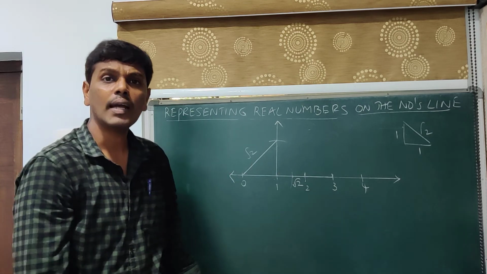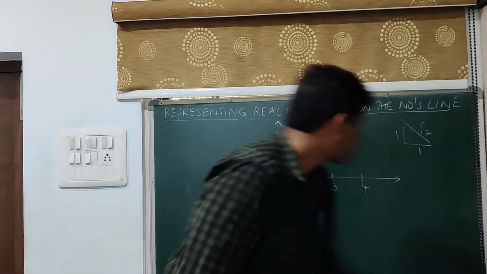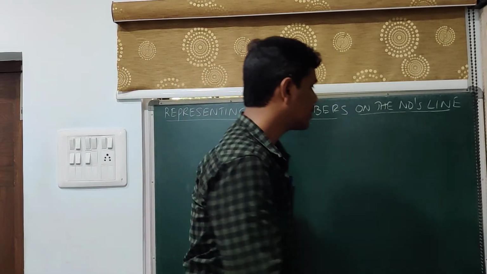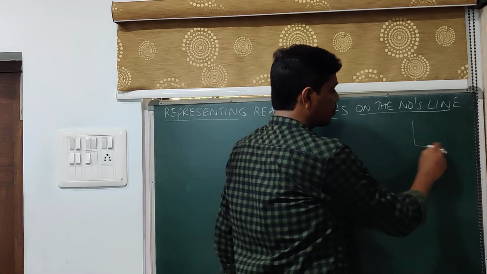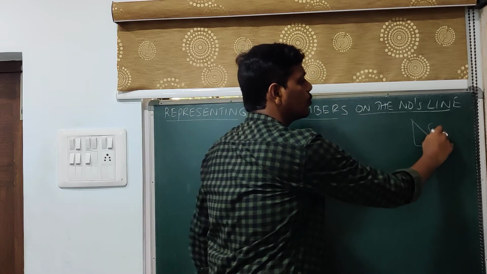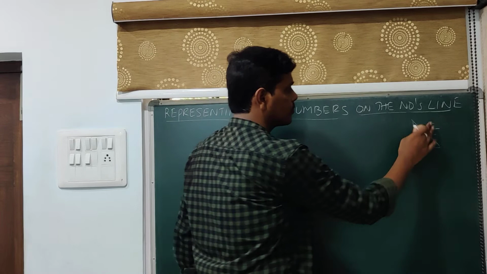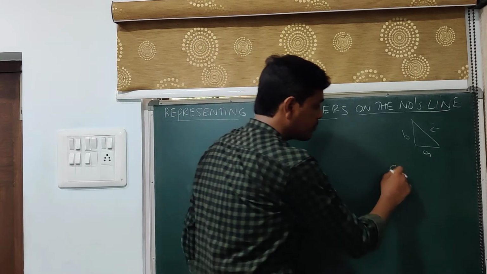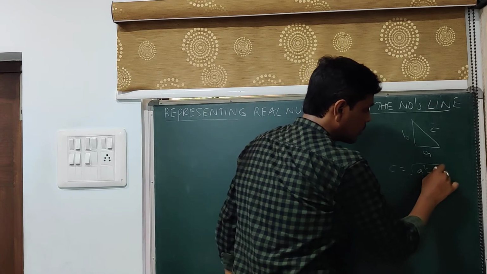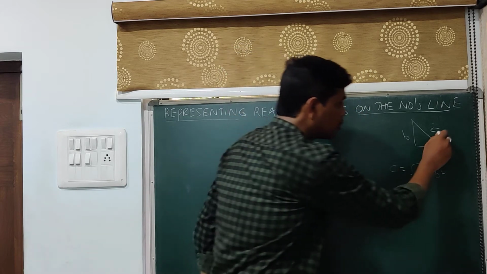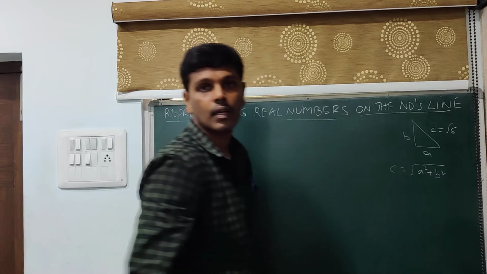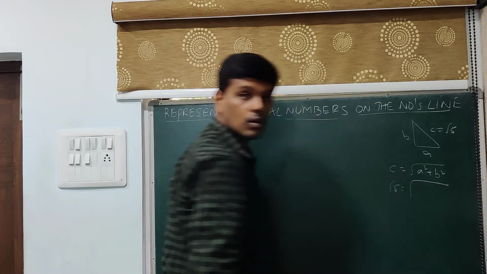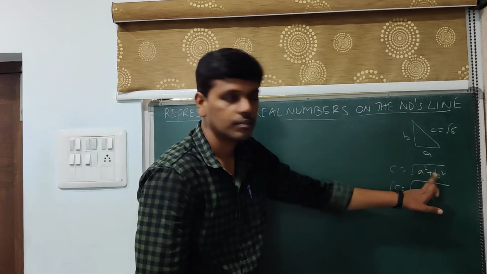Now I will go with minus root 5. Okay. So minus root 5, again draw a rough diagram so that you will have a clarity on it. Minus root 5. So this should be root 5. So if this is A, this is B, then we have assumed that as C, and we have C is equal to root over A square plus B square. Now I want C to be root 5. If C is root 5 and this value is root 5, then think of what should be A and B.